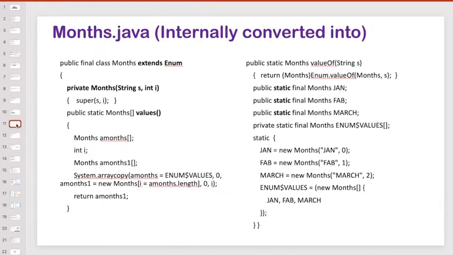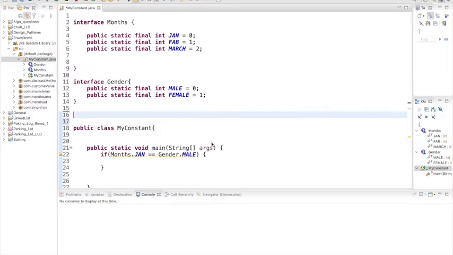Before that, when you write the code, Month.java is the enum, right? Internally, it generates code, and these are a few pieces of code that I have copied here. It will have one private constructor, meaning you can't create any instance of this enum, and one method, values, that I will show you. Whatever constants I have given, January, February, March, they make static variables. Okay, so let us see the code, then you can get a better understanding.